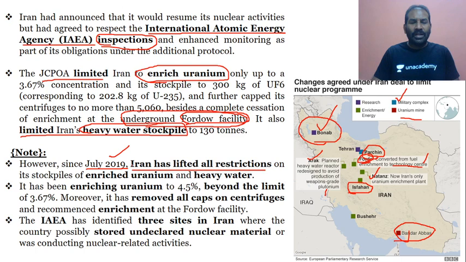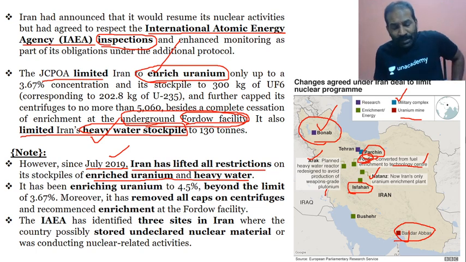Then in July 2019, Iran lifted all restrictions and went ahead with enrichment of uranium and heavy water. When they are going ahead with the enrichment of uranium and heavy water, it is very clear that they will go ahead with a nuclear test. And that is again a cause of concern to the US, because the countries which are repeatedly going ahead with nuclear tests are, as we have seen in our discussion, Iran, and the other one is, anyone can answer this, along with Iran, who is also repeatedly going ahead with the